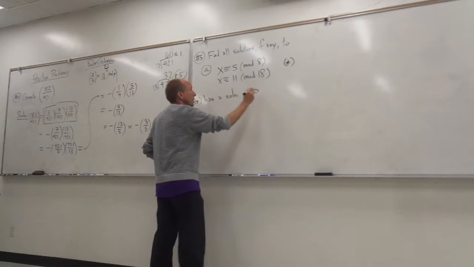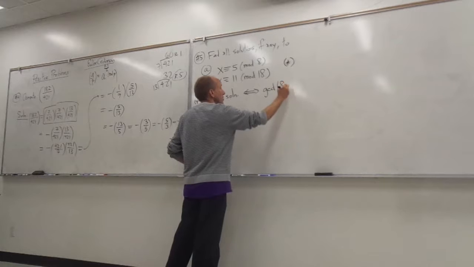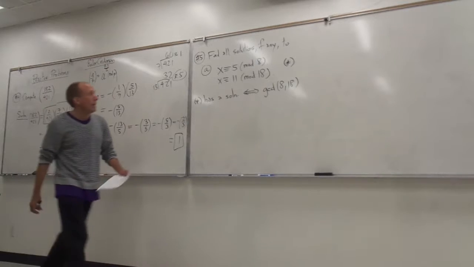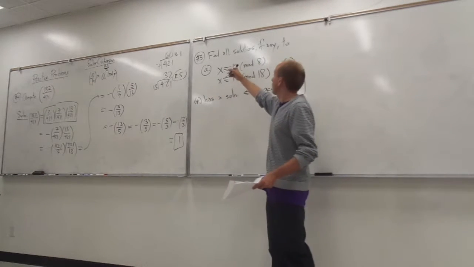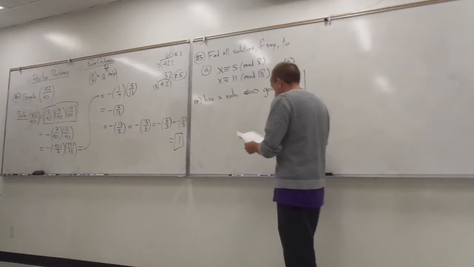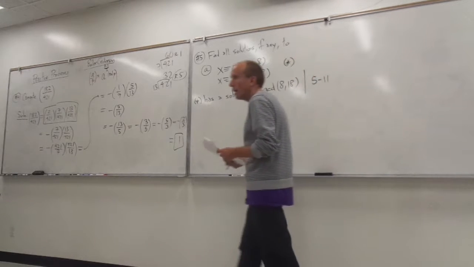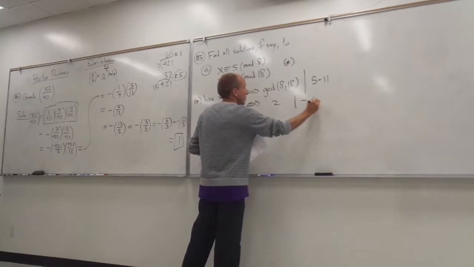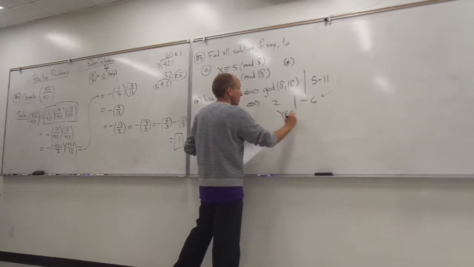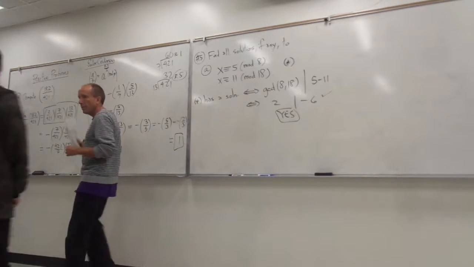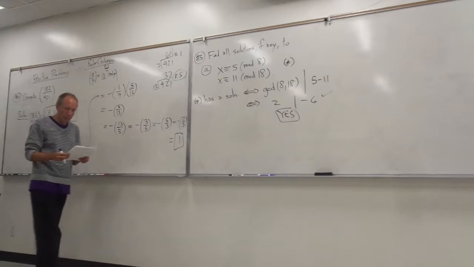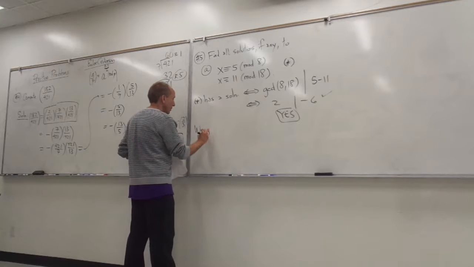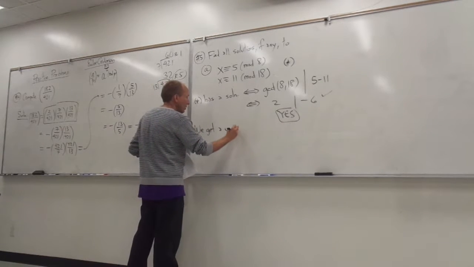if and only if the condition is that the GCD of these two mods, which of course at this point is not 1, it's actually going to be 2, it has to divide the difference of the numbers that are here. So if you take 5 minus 11, okay? So in this case, that's just 2 dividing -6, and that is a yes. So there will be a solution to this. And the solution, so we get, I'll just remind you again, we get a unique solution